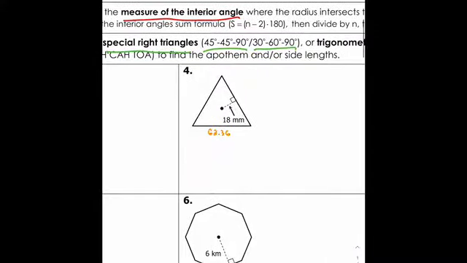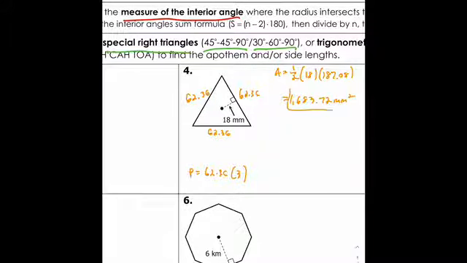So now we have that. We can find the area here, because each side is then going to be 62.36. So the area is going to be 1/2 times the apothem times the perimeter. So the perimeter is going to be 62.36 times how many sides there are, which is just going to be, what, 187.08? 187.08. And so when we do all that, we get 1,683.72 millimeters squared. Okay,